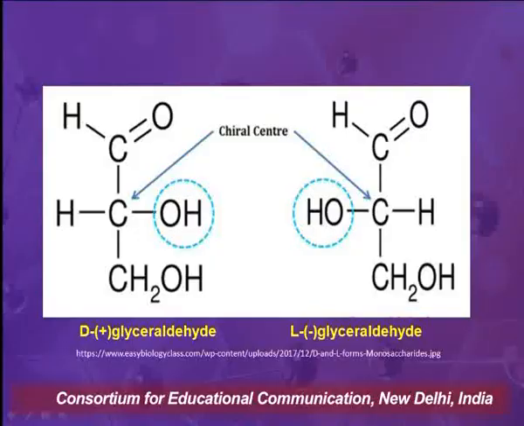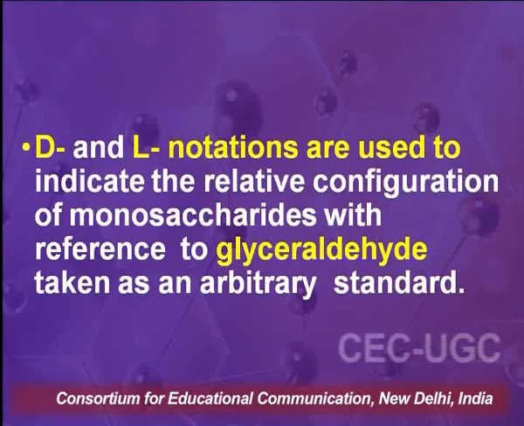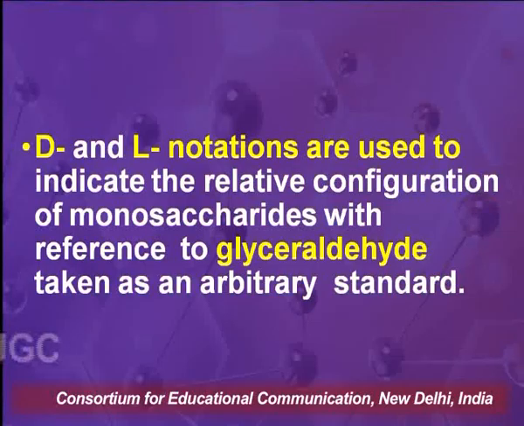As you can see on your screens now, the D enantiomer, which is indicated by small d with plus here, has OH on the right hand side, and since it has OH on the right hand side on the asymmetric carbon on the horizontal line, this molecule was assigned configuration capital D. And similarly, a compound which was levorotatory and had OH on the left hand side at the chiral carbon on the horizontal line was assigned configuration L. And all other monosaccharides were assigned configuration in reference to this glyceraldehyde, which was taken as an arbitrary standard.